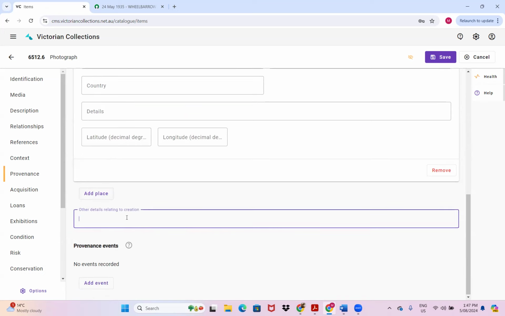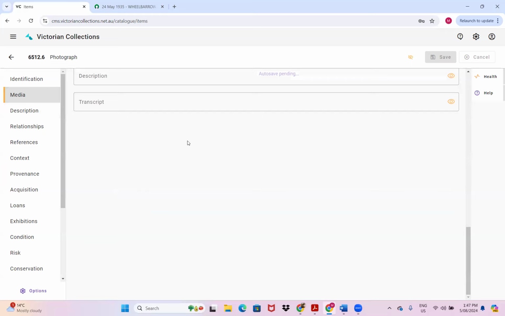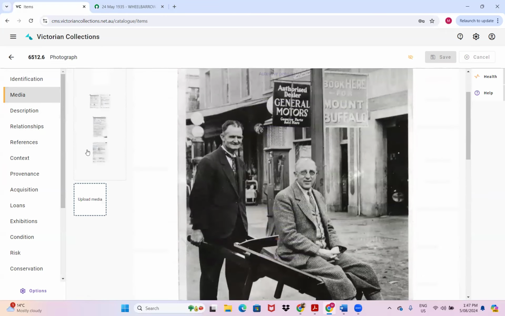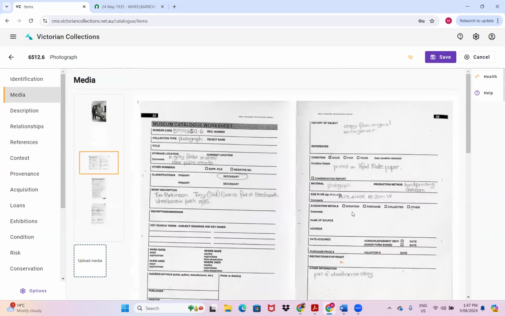So then other details relating to the creation are any other details that haven't been documented already in any of the other fields. So you could start talking. So it could say, copy developed in darkroom at Burke Museum. And the reason I would put that there is because, once again, it says it in our catalogue worksheets